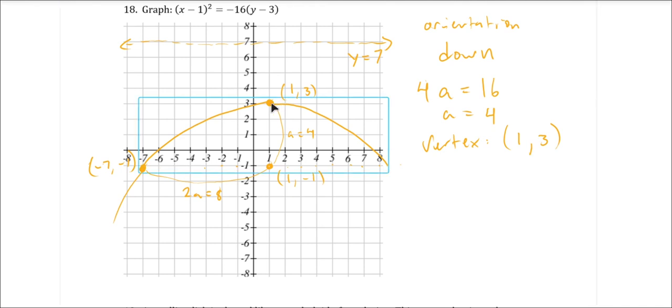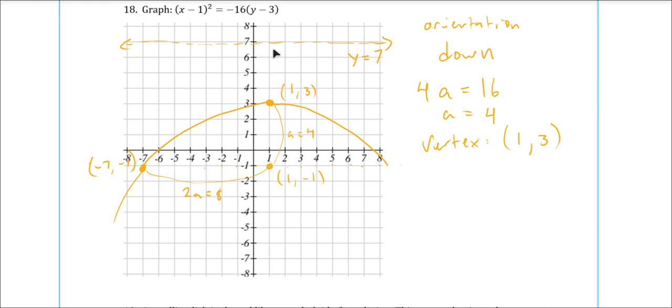So if we put 1, 3 here, and then go 4 units down to mark our vertex, we are going to see this is a downward-facing parabola. We go 4 units up, and we plot our horizontal line, which is our directrix. And then if we want 2 more points on the parabola, we could go over by 2a to plot another